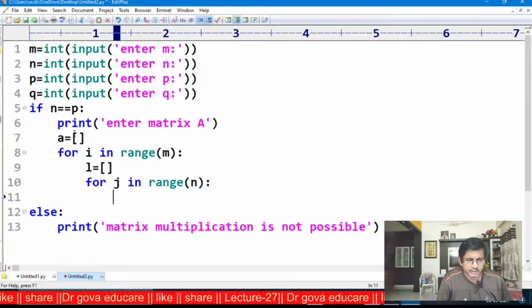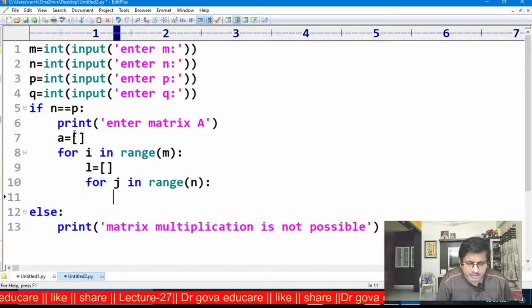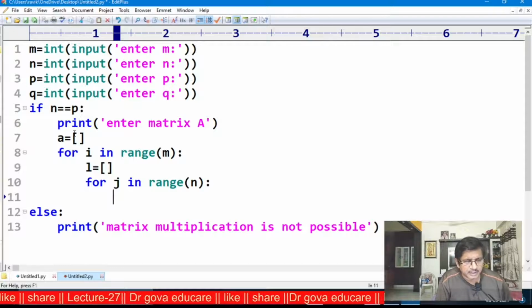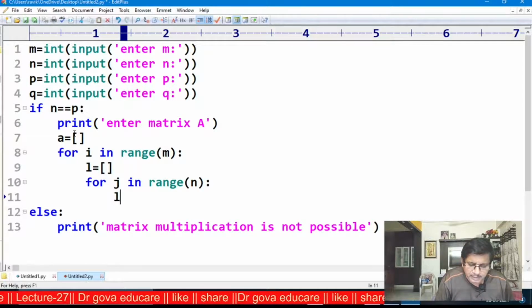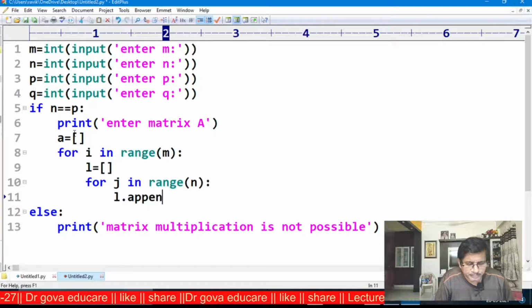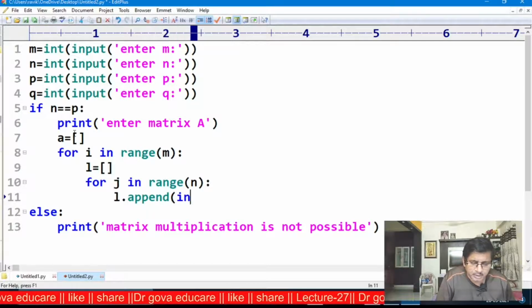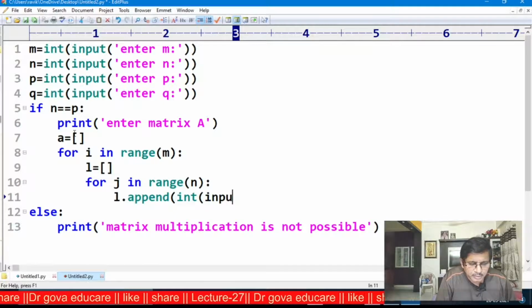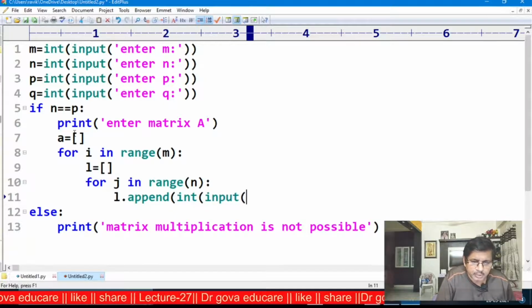Now I want to enter the elements of the first matrix. That element is appended to L: L dot append of int of input, enter the first element.